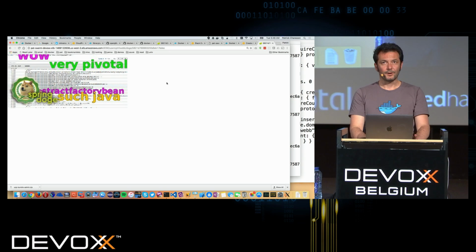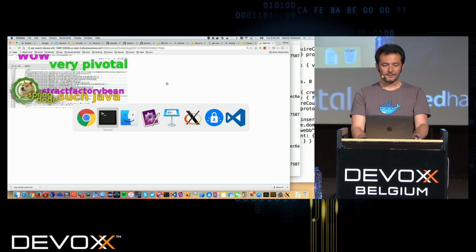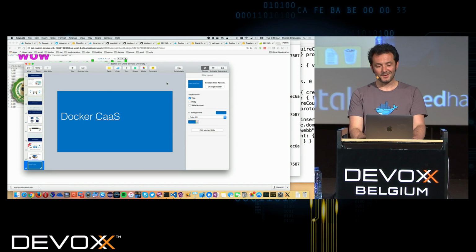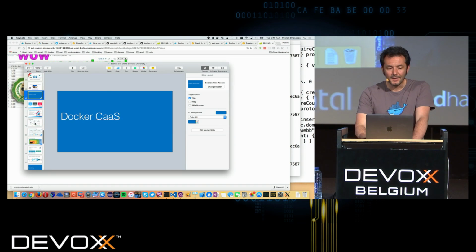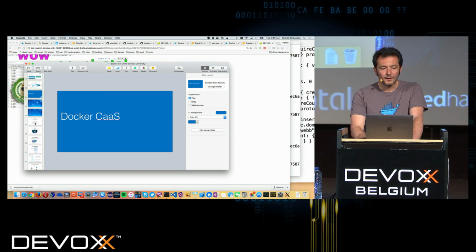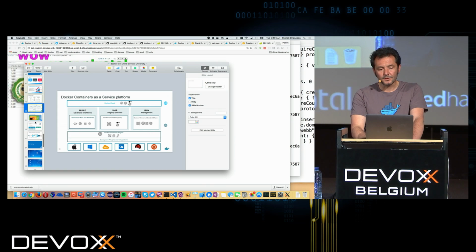I think we'll take a break there, maybe 30 minutes. So 70, yeah. Let's take a 30-minute break, and in the next part of the session, first I'll try to make my demo of development work, and then I'm going to tell you about Docker Container as a Service, which is our commercial offering with a role-based access control.